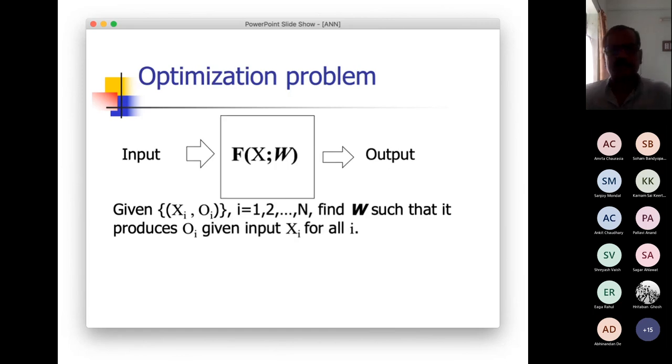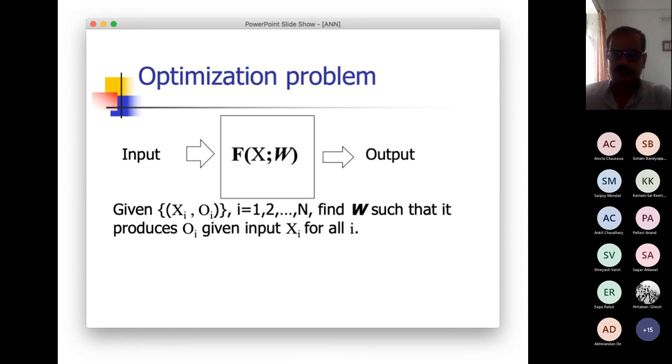So in an abstract form, we just represent the artificial neural network as a model whose parameter set is represented by W, and which takes the input feature vector X and provides an output feature vector, in this case represented by O, Xi and Oi. So the problem is that if I give you